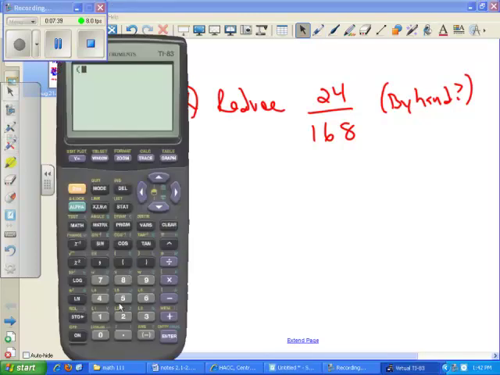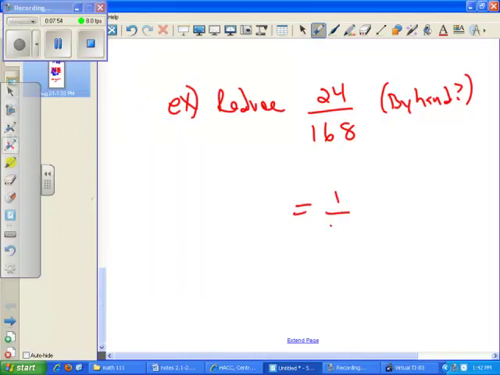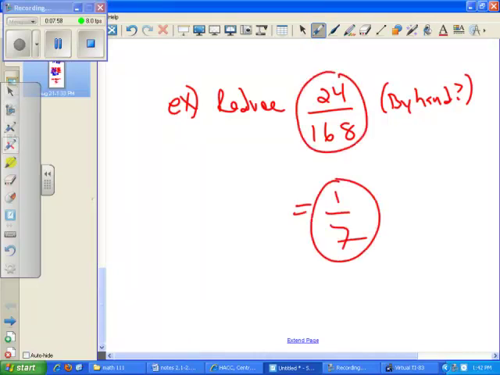So I'm going to key in 24 over 168. Calculator spits out a decimal, but then I go math frac, and it puts it in reduced form for me. Yay! Takes 1/7. So 24 over 168 is 1/7 if you reduce. Now what you would really want to do is ask yourself, gee, how would I do that by hand? Okay, I'm going to hold